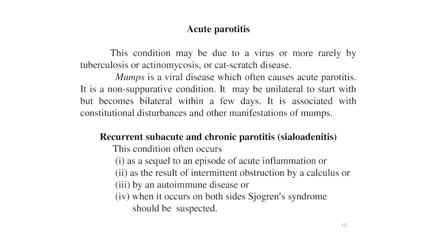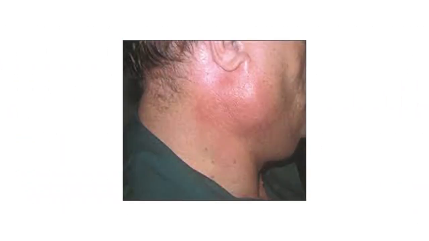Due to the retained secretions, the ductules dilate and the acini become atrophic. The gland is progressively replaced by clinically inflamed scar tissue. Even in Sjogren's syndrome, patients may complain of unilateral pain and swelling. This is often due to a calculus as a complication of the reduced salivary flow of Sjogren's syndrome. Dear students, here is a good image of acute parotitis on your screen. This is a good picture of acute parotitis.